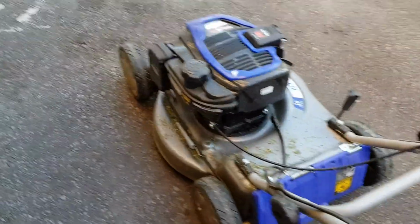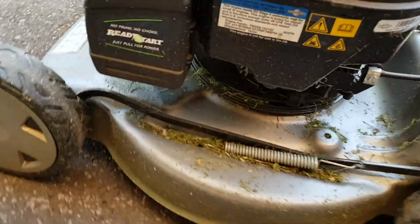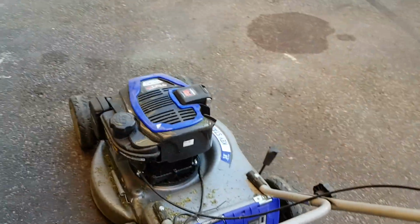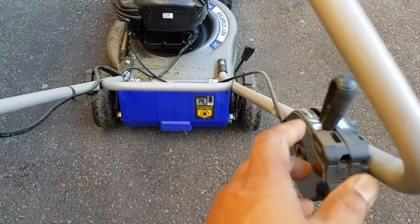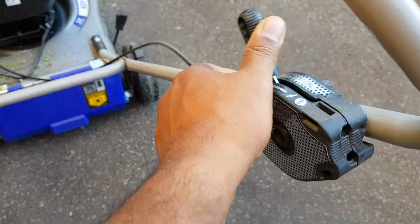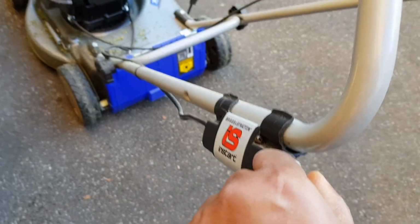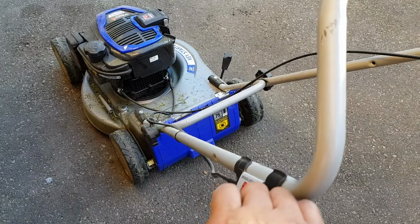never used the catcher, just been mulching everything, and that's what it looks like. Haven't cleaned it. So to start it, slide the lever the way and just turn the key, and